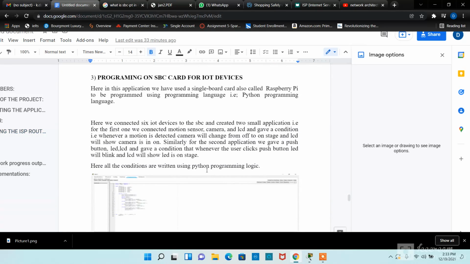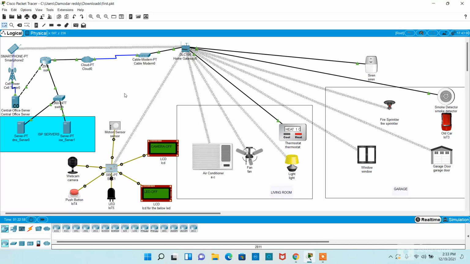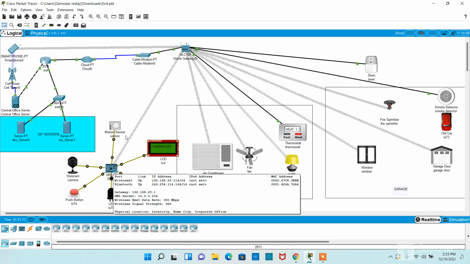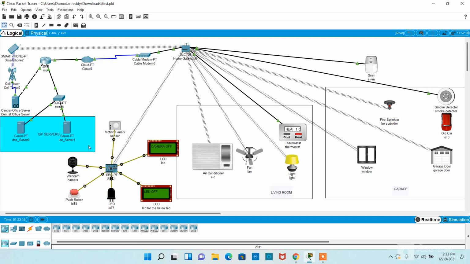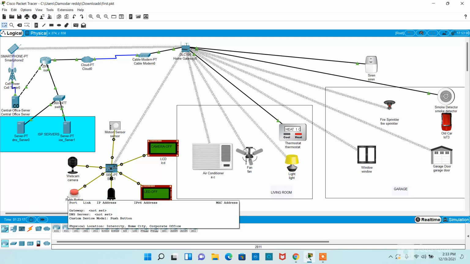The third application is the programming on the SBC card for the IoT device. Here the SBC card is used in order to manipulate the IoT devices using a programmable environment. Using the SBC board we have created two small applications: the first is with respect to the motion sensor, and the other is with respect to the push button.